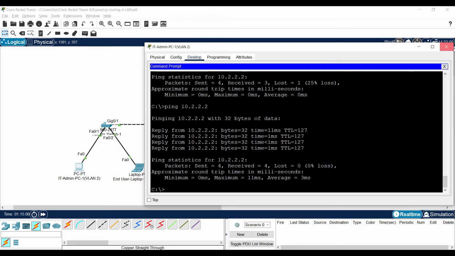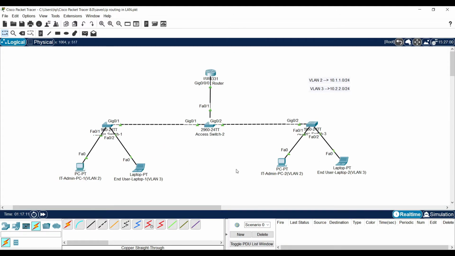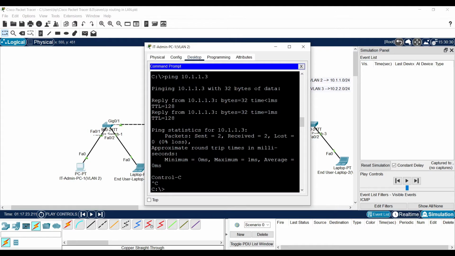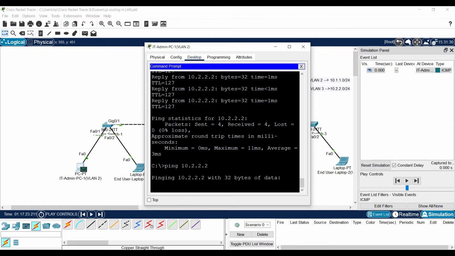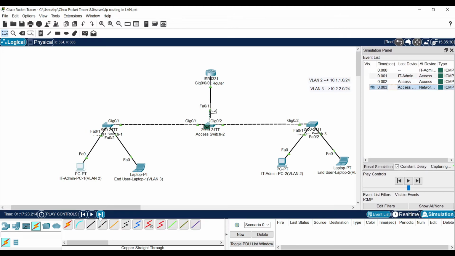I have the layer 3 device and I am able to communicate with another VLAN. We shall trace and learn a little bit more. Since it is communicating to a different network, it is reaching its gateway.